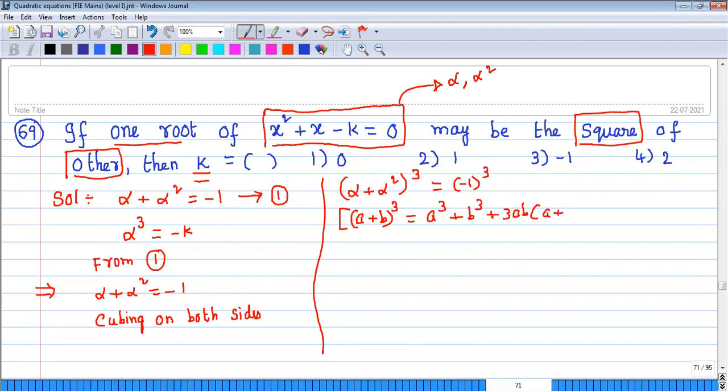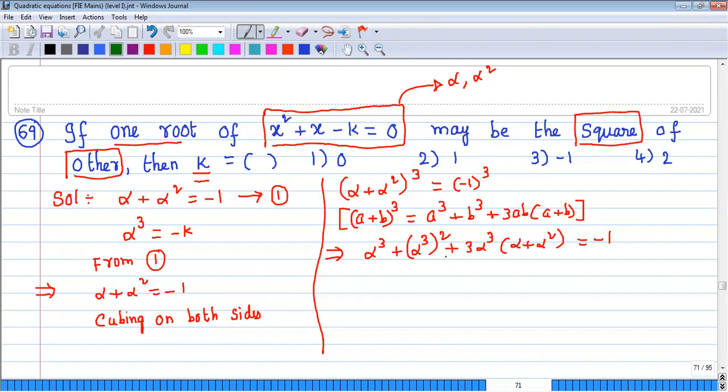This is one of the algebraic identities we have studied in earlier classes. So this is alpha cube plus alpha square whole cube. Alpha square whole cube is alpha power 6. That I will write for our convenience alpha cube whole square plus 3 into alpha square, 3 alpha cube into alpha plus alpha square equal to minus 1 raised to the odd, you will get negative sign. Minus 1 to the power of even, you get positive sign. 3 is the odd number, so we get minus 1.